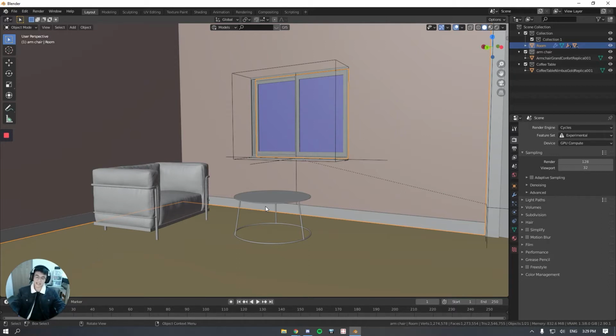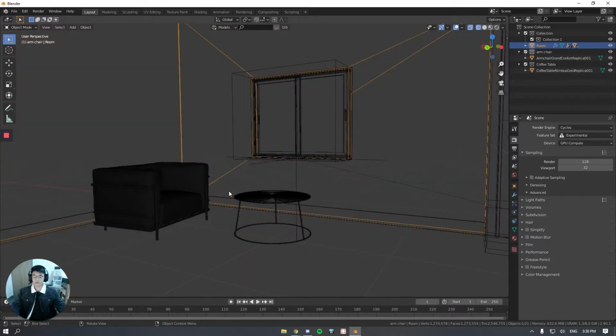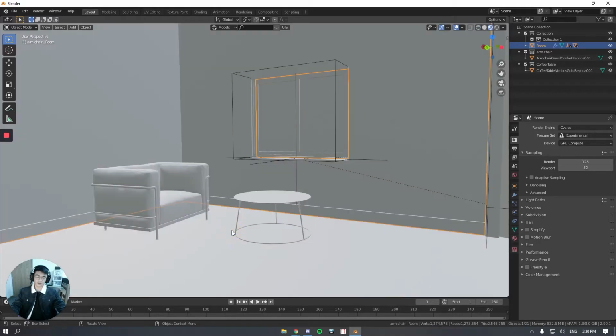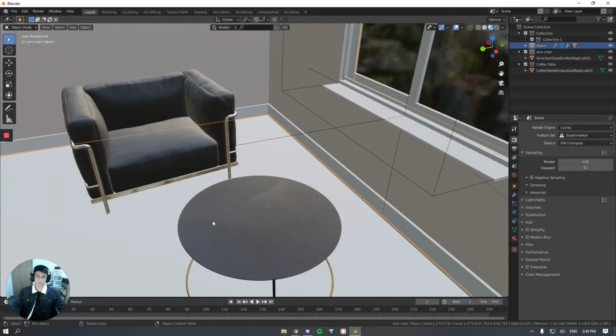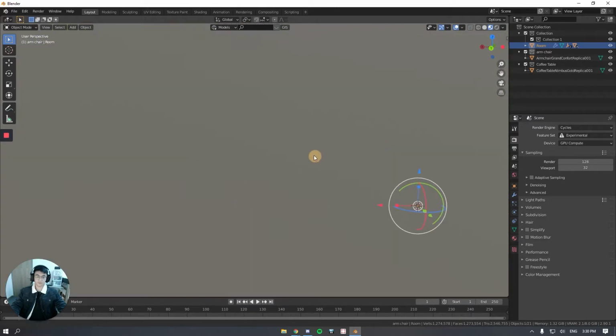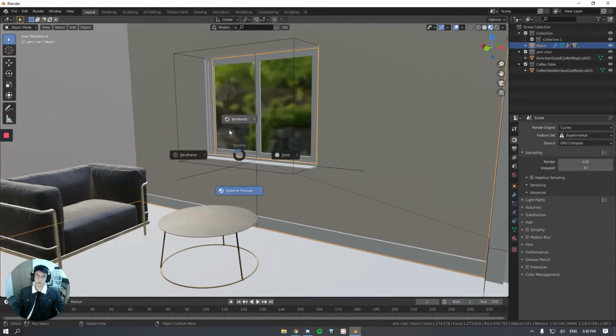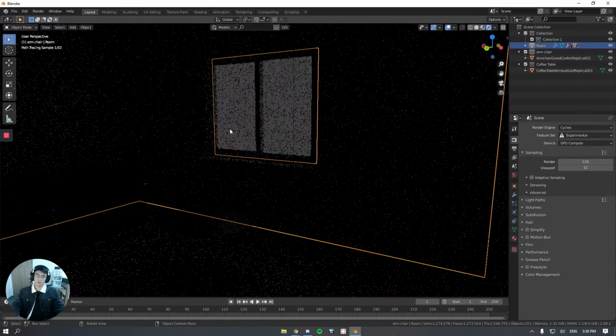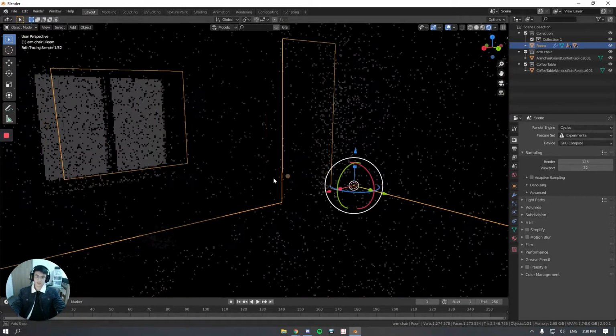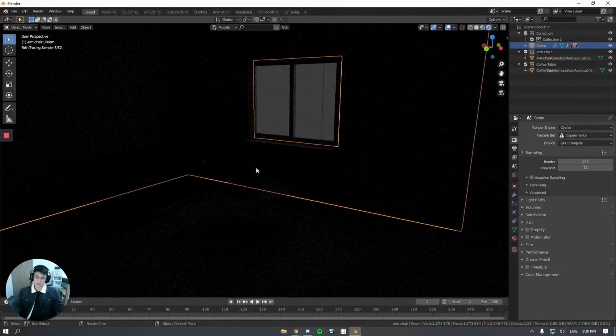If you press Z on your keyboard, this menu will show up. Right now we're in solid view mode. You can go to wireframe view mode, and material view mode, which shows you the material in real time, and you can check around. Then there's render view mode, which will actually render the viewport for you, and then you can move this around. Right now you can see we're very dark, very noisy,